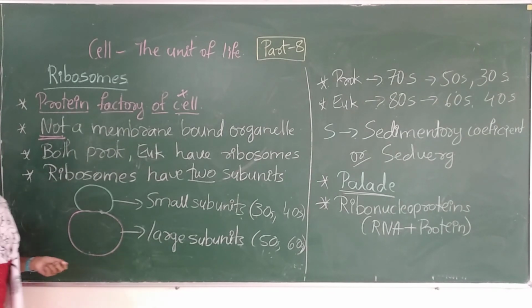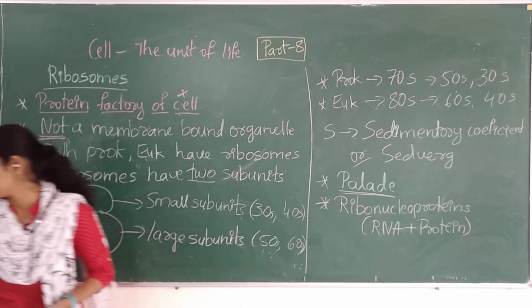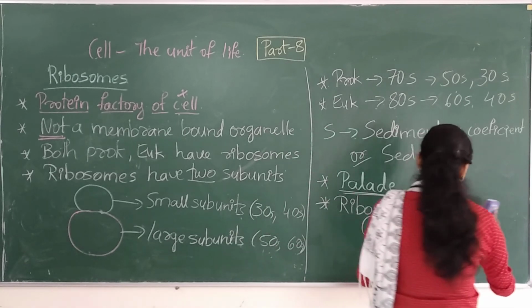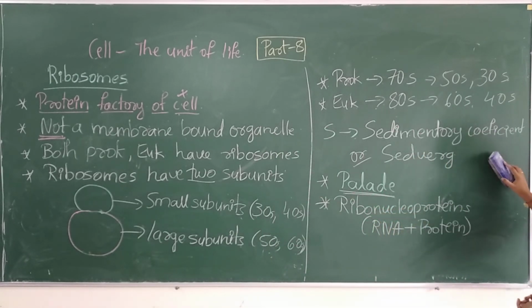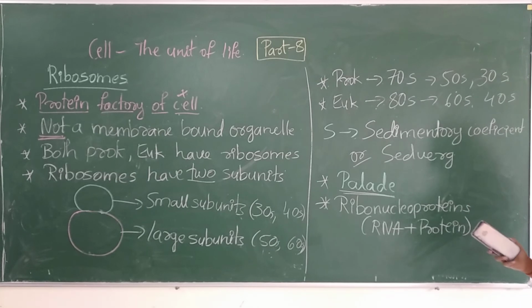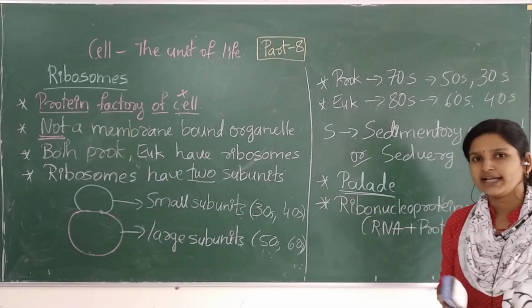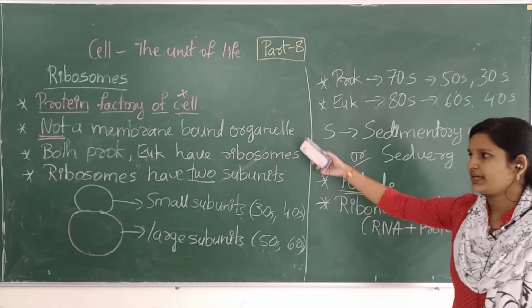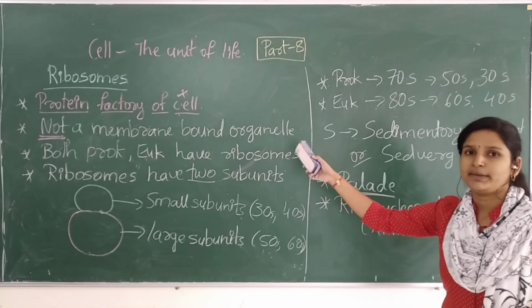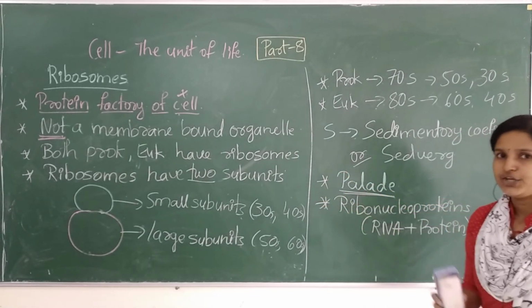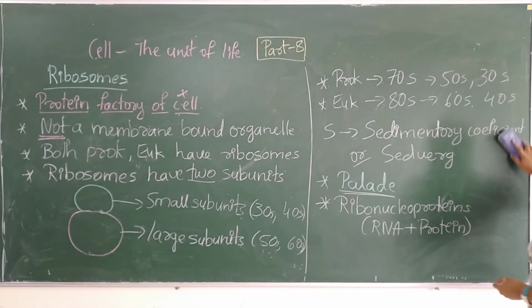Okay, the next one will be cytoskeleton. Okay, it is a very small structure found in the cell, that we call a cytoskeleton. Shall I rub this one? Understood, no? Why do we call it a protein factory? Everything you should have a clear-cut idea. And remember, it is not a membrane bound organelle. I am telling you again and again, and you people will make a mistake here. Try to remember that it is not a membrane bound organelle.